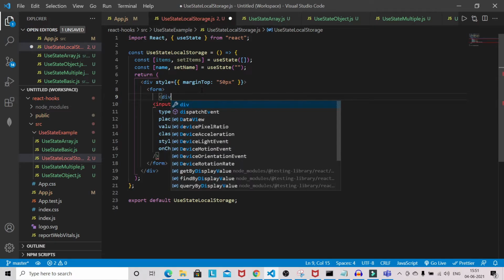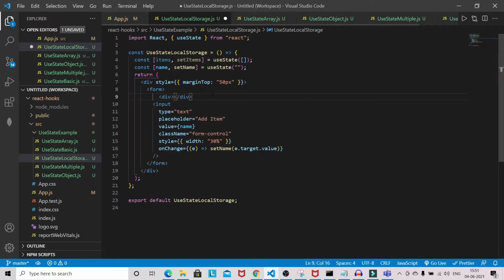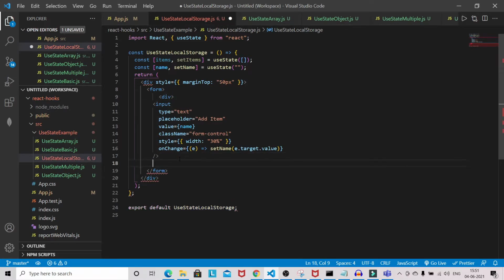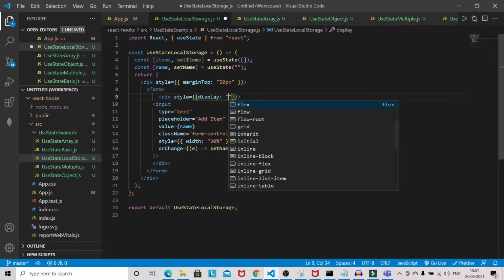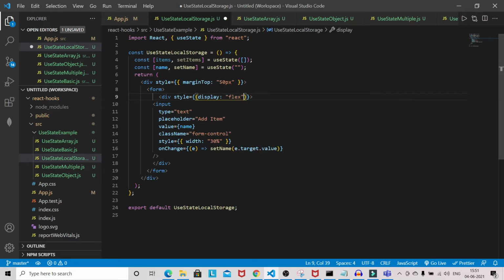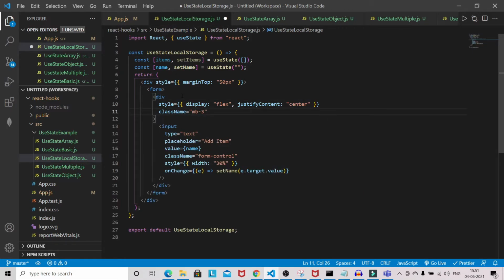So I will use div here. I will close the div here, and I will provide some inline styling, display flex, justify-content center. Okay, and I can give some class name. So this is the bootstrap class name. Let's see.